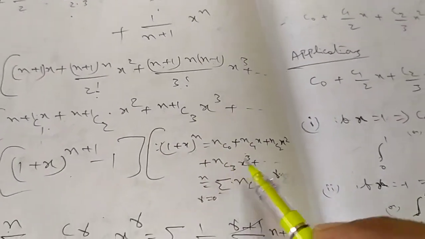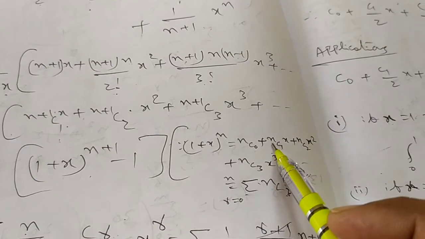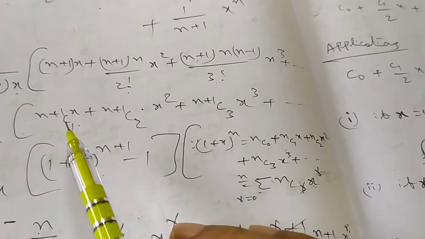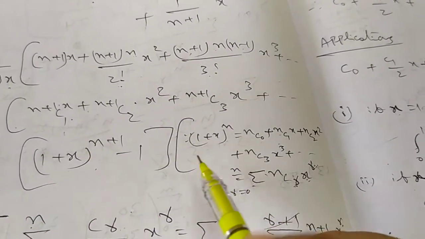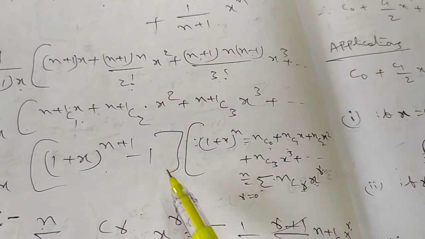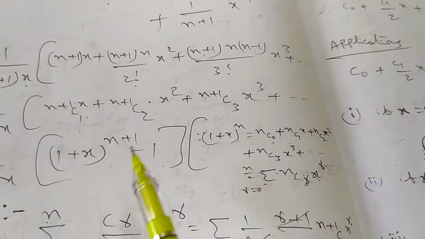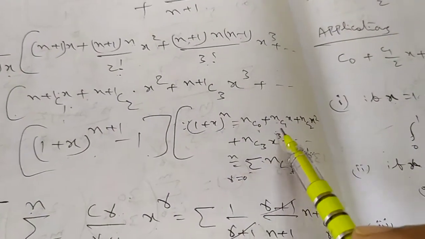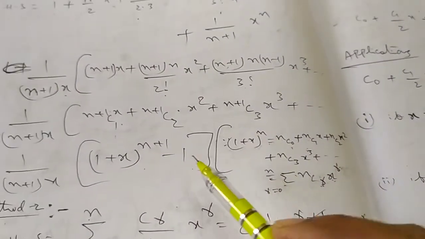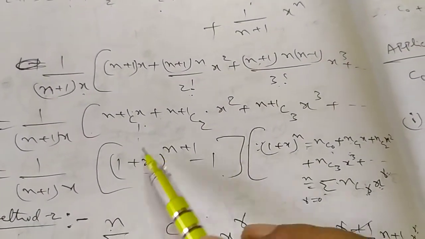Okay, see this formula and observe the terms. In the place of n there is n plus 1, and also the first term is missing here. So by adding and subtracting that term, n plus 1 C0, whose value is 1, after adding, by using this formula the sum of all these terms is (1 plus x) whole power n plus 1. From that we subtract the term n plus 1 C0, value 1. Thus LHS equals 1 by n plus 1 into x, times (1 plus x) whole power n plus 1 minus 1.